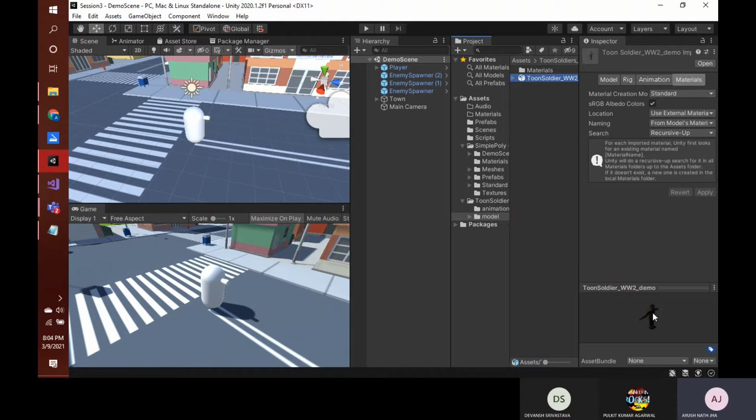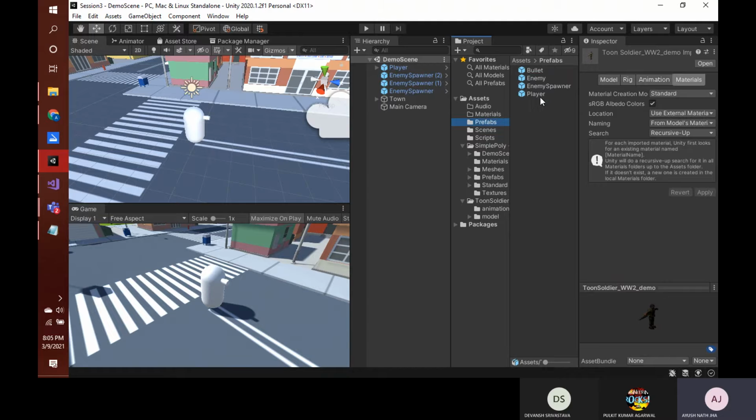This is a T-pose model. This is a general term in the animation or modeling world, where if a character has both arms out in a cross fashion and stands like this, then this is a T-pose. It is called a T-pose model since it looks like a T.